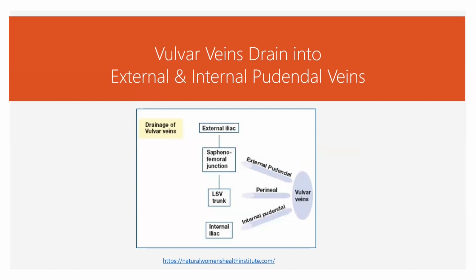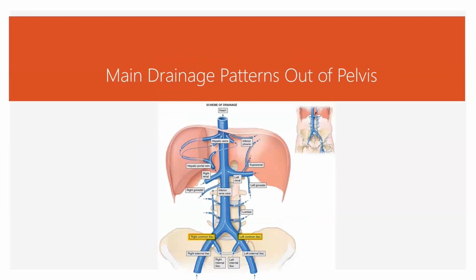And so the main drains are the internal and external pudendal veins that drain into the internal and external iliac veins. Now we're going to go a little bit into more detail. So looking here, we see the external iliac veins. They're the ones that go down into the legs and drain the legs and then part of the pelvis. And then the internal iliac veins, those are the ones that do most of the drainage out of